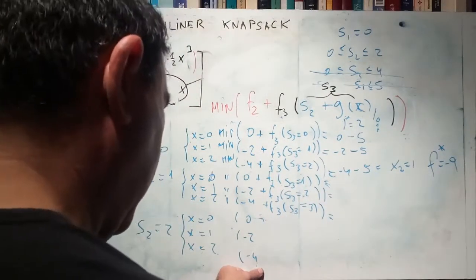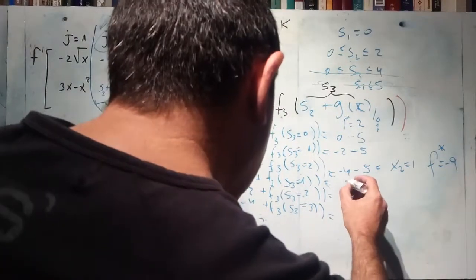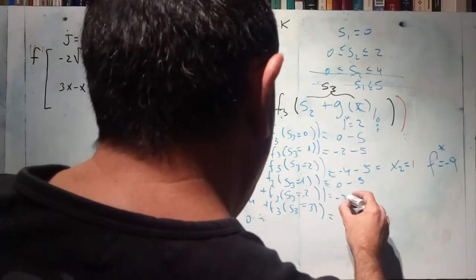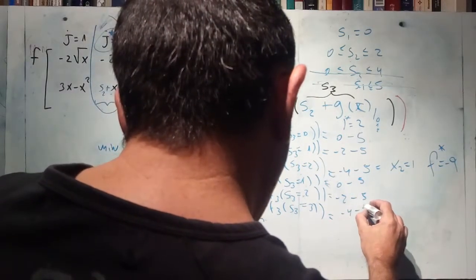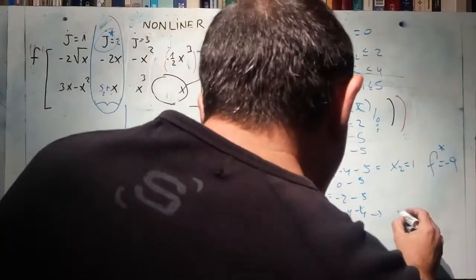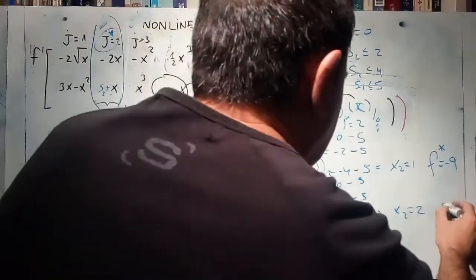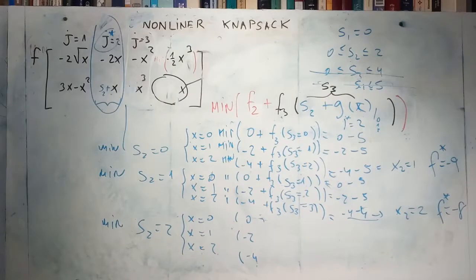So these three values are giving us the minimum. Let me sum: 0, minus 5, minus 2, minus 5, and minus 4 again, minus 4, minus 4 this time. So the optimal value is for x2 being 2, the last, and f star being minus 8. This value. As you will see, these are methods to be solved in a computer,